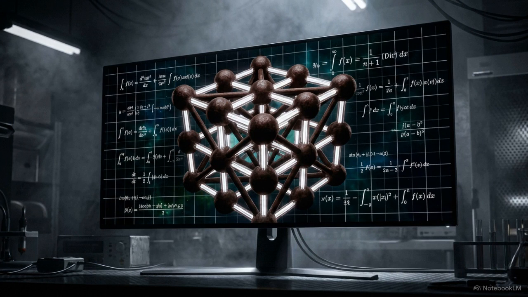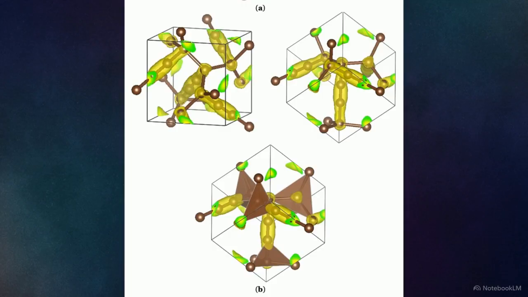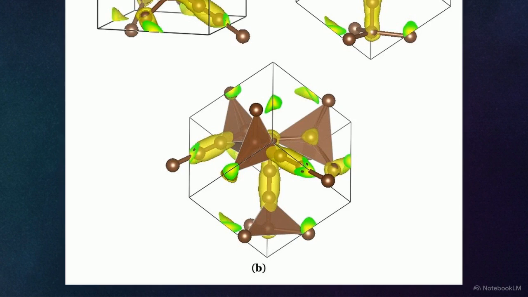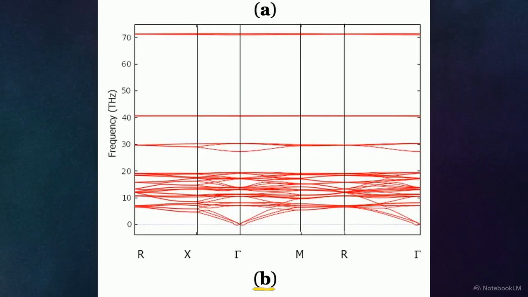This quantum modeling method calculates the exact distribution of electron charge throughout the new lattice. As shown in this charge density projection, the triple bonds are surrounded by large yellow volumetric envelopes. These yellow volumes indicate a high concentration of electron charge, providing the cohesive strength necessary to hold the structure together. This chart proves the molecule has overcome the flaws of its predecessor.